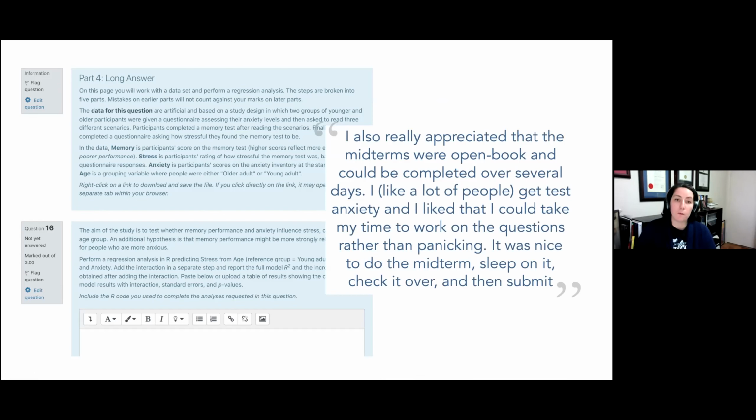So I can give them a realistic data set that they'll work with and have them practice a skill that I would like them to be able to do when they're outside the classroom, which is really the point. Students really like this. They tell me things like this quote, that it gives me examinations that are more project-based and mimic problems that the students are likely to encounter in the real world. They can work on a problem, set it aside, come back to it, hand it in.